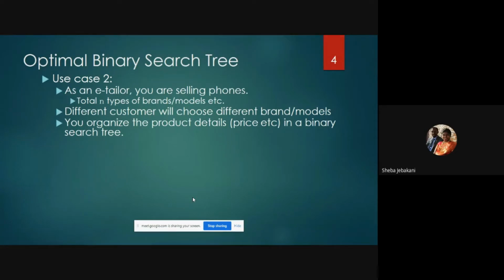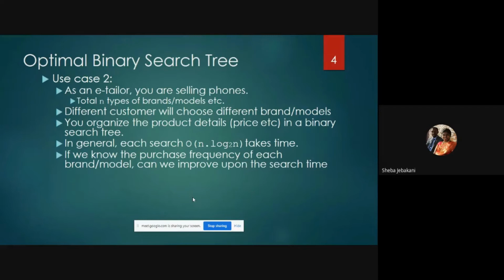I'm sorry, first he has to look at the brand, then the model of the brand, and then basically he has to look at the price. So much searching he has to do for one lookup of the price. So how do we make it better in such a way that if 3 or 4 people are buying the same thing, all 3 or 4 people have to do a similar amount of searches to go down the tree?